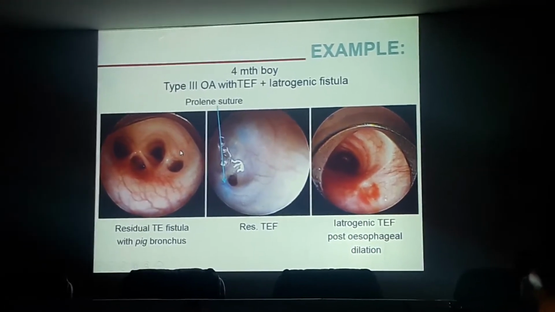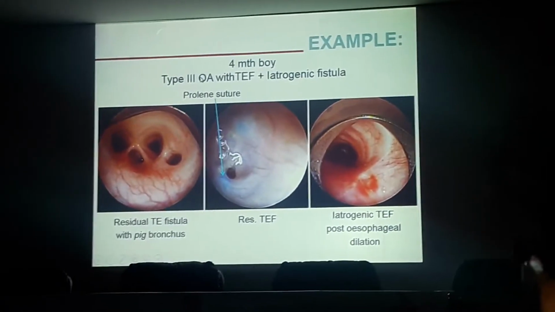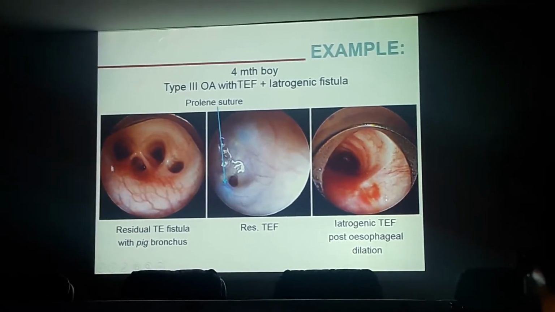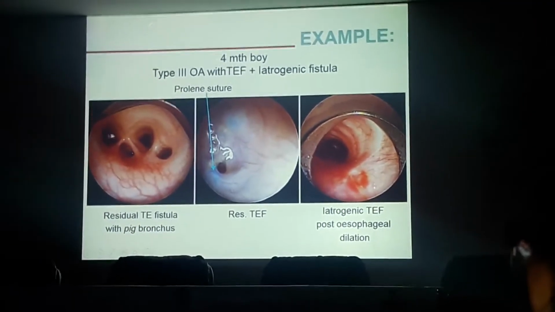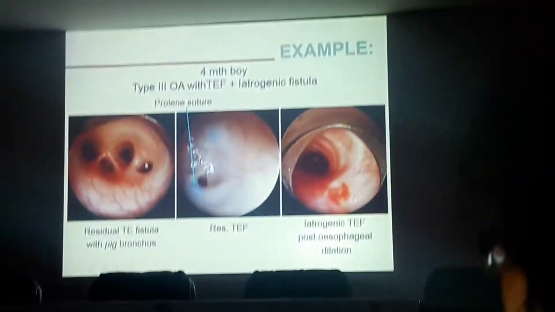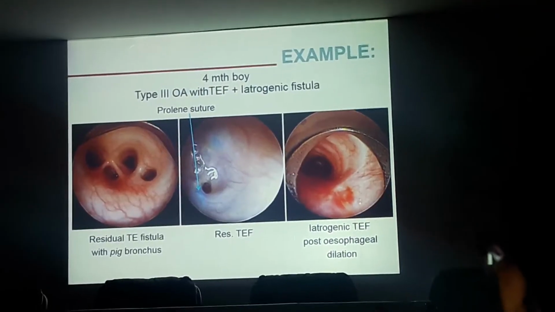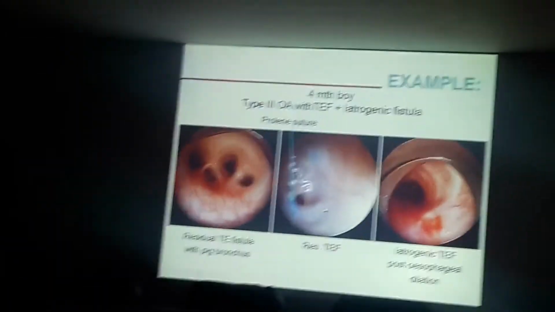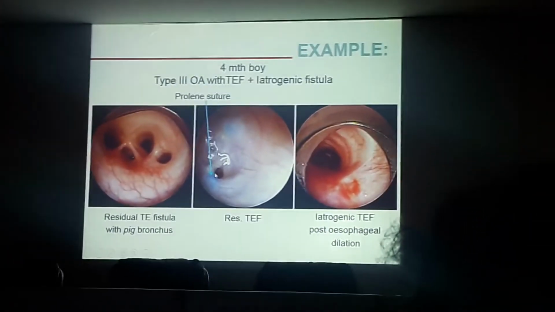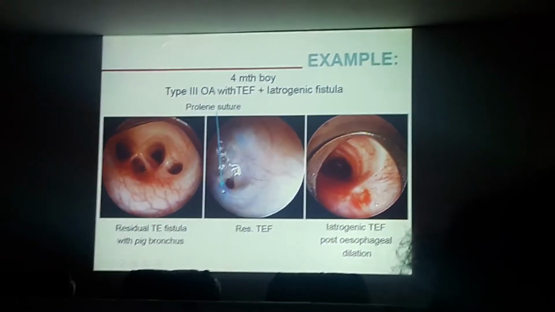So this is a 4-month-old boy. He's got that type 3 cleft with an esophageal atresia, and here you can see a quadrification of the carina. Left main bronchus, right main bronchus, fistula, and this is the right upper lobe bronchus, or the bronchus suis, typically called the pig bronchus. But apart from that, in fact, you have this fistula, and when you look inside the fistula, there is a residual fistula. You can see the Prolene stitch, and in fact, this is a